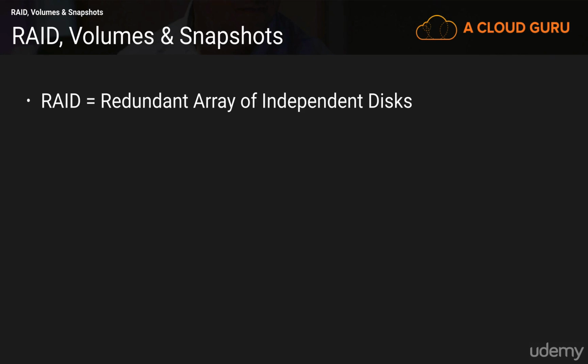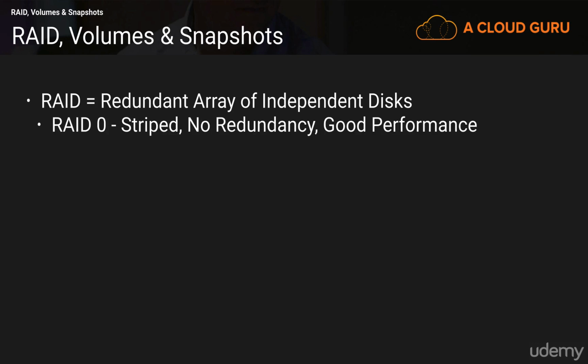So RAID stands for a redundant array of independent disks, and essentially it's putting a whole bunch of disks together and they act as one disk to the operating system. Now you get a whole bunch of different RAIDs. You get RAID 0. This is most commonly used in gaming PCs, for example. This is where you stripe your two volumes, so you've got two disks or more, and you basically stripe across those disks. The good thing about RAID 0 is you get very good performance. The bad thing is there's no redundancy. So let's say you have 3 or 4 disks and you create a single volume across these 3 or 4 disks. If you lose one of those disks, if one of those disks fails,